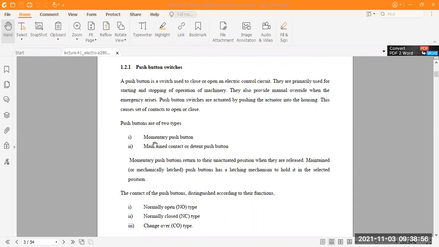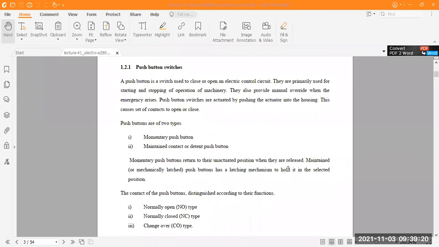In that case, in the working culture, we have to classify this push button switch into two types. First one is the momentary push button, and number two is the maintained contact or detent push button. The momentary push button returns to its unactuated position when released. All of you have seen push button switches; they have different colors: red, green and yellow.